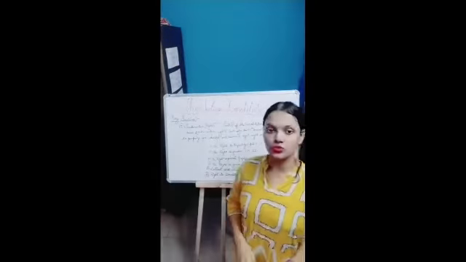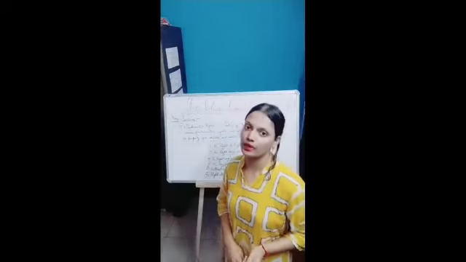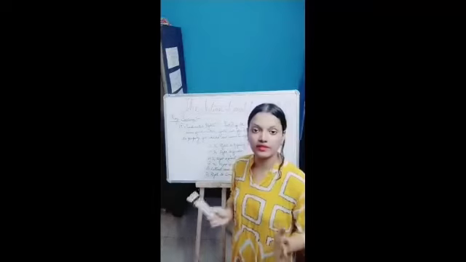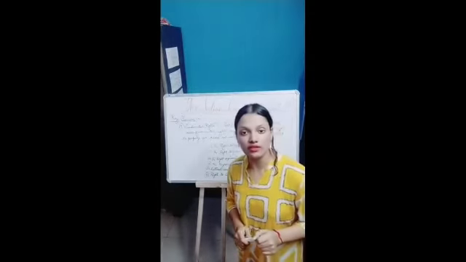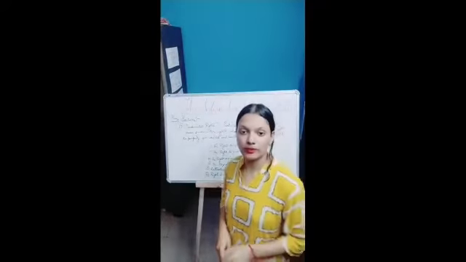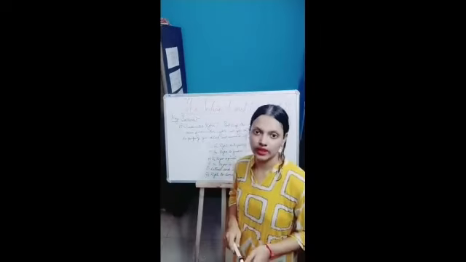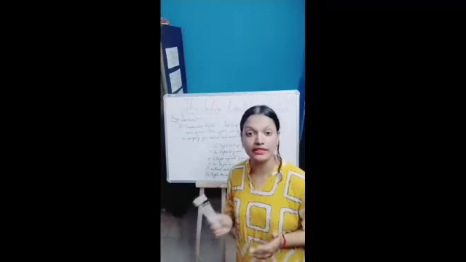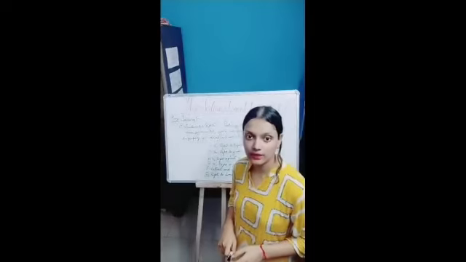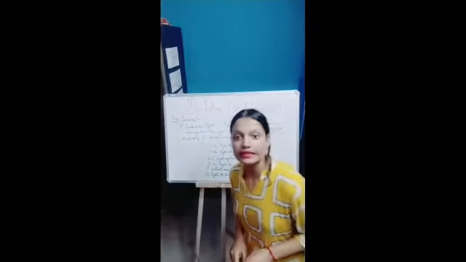Okay, now the fourth feature of the Indian Constitution is the fundamental rights. In Part 3 of the Constitution, you will find the fundamental rights. Earlier there were 7 fundamental rights, but after the 42nd amendment, the right to property was deleted and became a legal right under